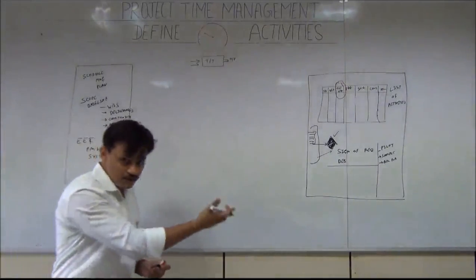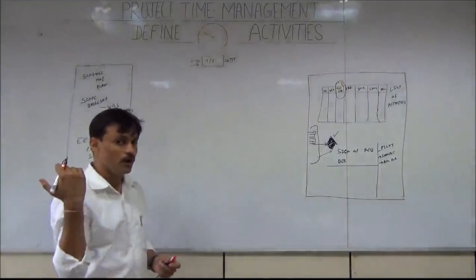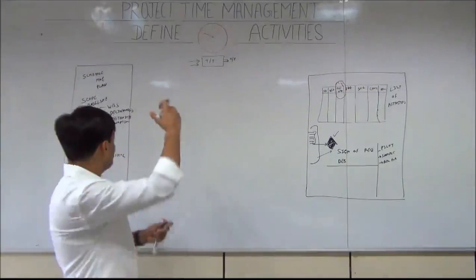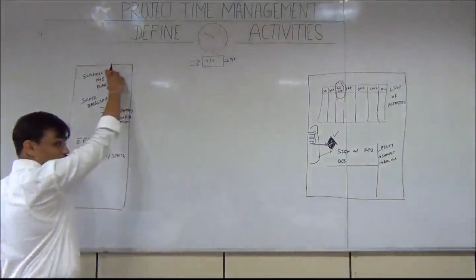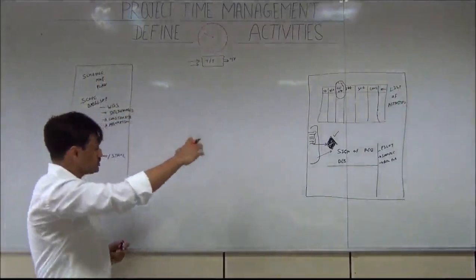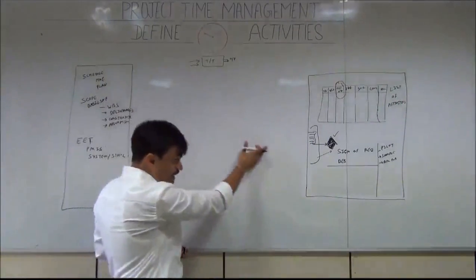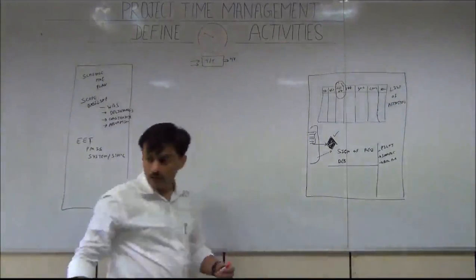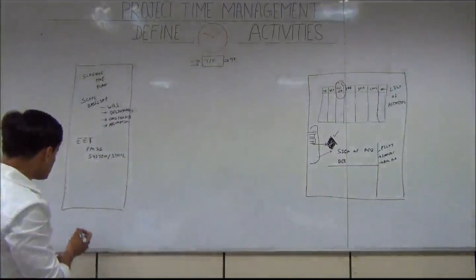So the system or structure of the organization also drives what kind of activities we have to identify. We also spoke about the work authorization system while defining the schedule management plan, so we have already taken care of the authorization system, which plays a role in identifying the list of activities. Organization process assets,